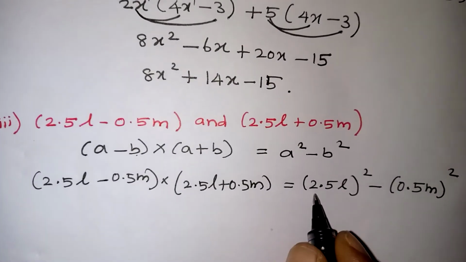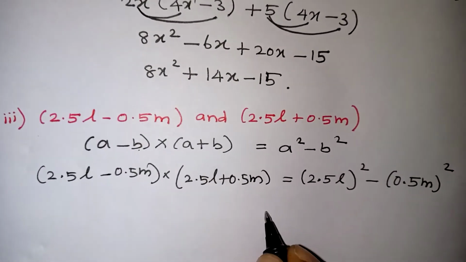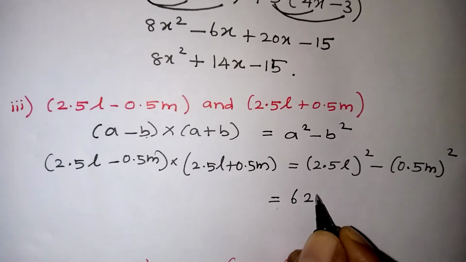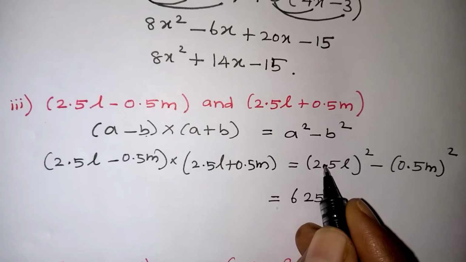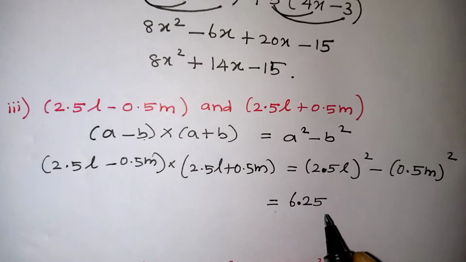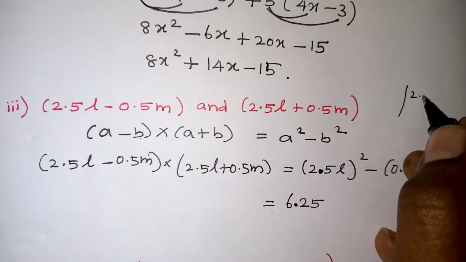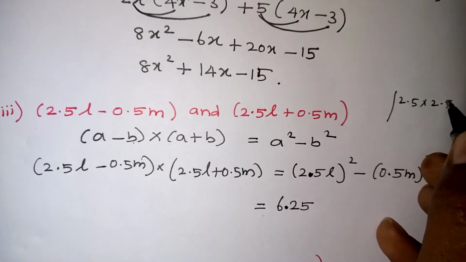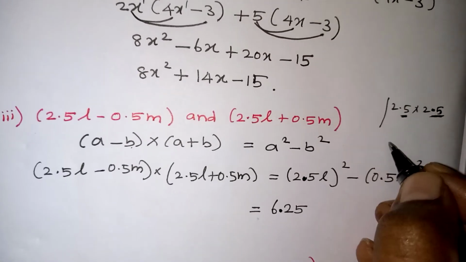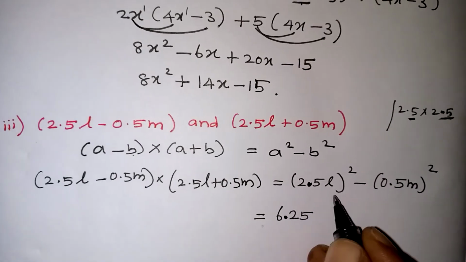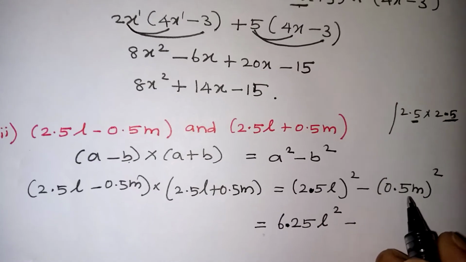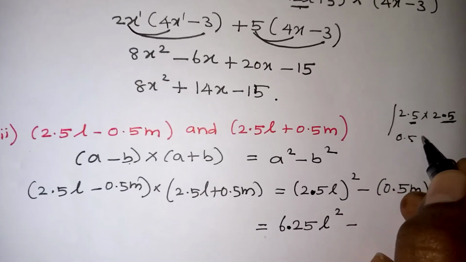Now squaring 2.5 squared, you just do it as 25 squared. 25s are 625. Here one number is there after the point. When we are squaring 2.5 into 2.5, so we have to keep the dot after two places. That is 2.5 multiplied by 2.5. Here one number we have totally after the decimal, totally we have two numbers, that's why we are keeping the dot here. When you are squaring L, it will become L squared, minus this one. You just think over it, 0.5 into 0.5.